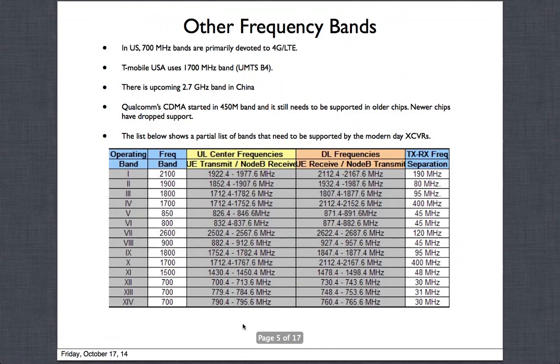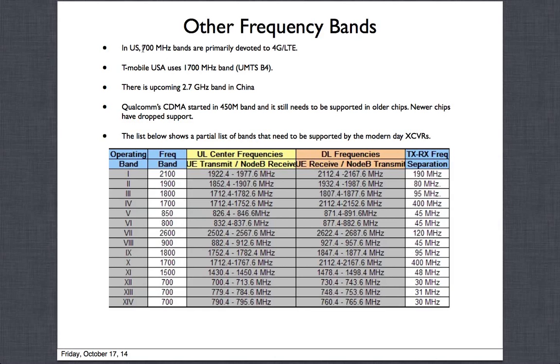Okay, so let's look at a few other things. We only looked at the quad band, right? The 4 popular GSM bands and the 4 popular UMTS bands. What are the other bands? There are many other popular bands that have moved on and become very dominant and very important to support, and I try to note them here.